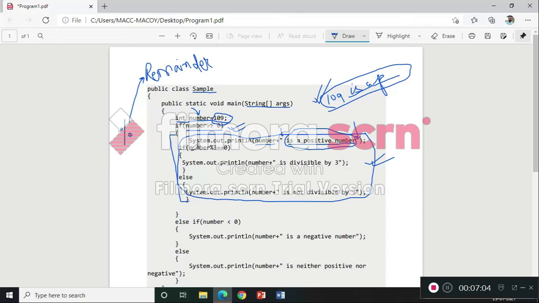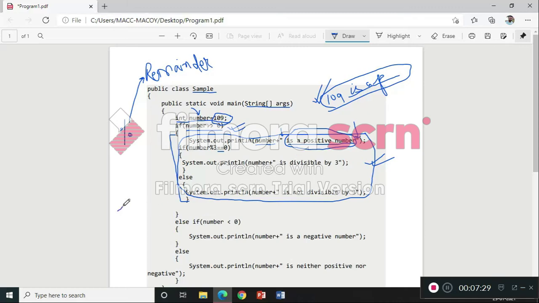If the value inside the variable number, what is the value? 109. If 109 modulus 3, that means after dividing 109 by 3, the remainder comes to be 0. This double equal to sign is utilized for comparison.